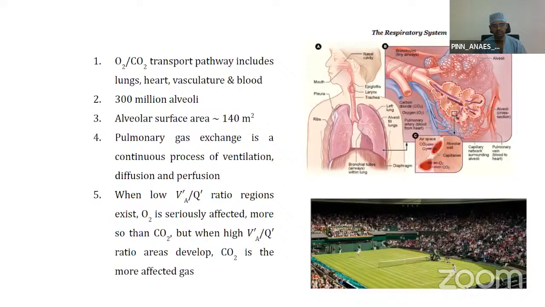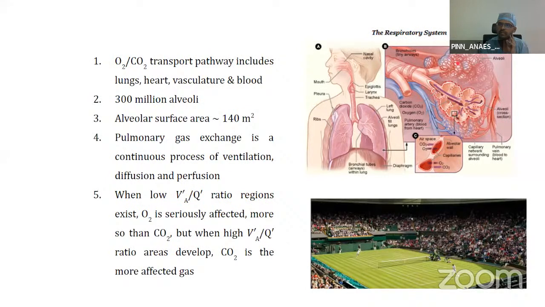So we know gas exchange involves transport of oxygen to the blood and removal of carbon dioxide from the blood. This is facilitated by lungs, heart, blood vessels and blood together. We know that trachea divides into the right and left main bronchi, and these bronchi in turn divide and subdivide into bronchioles, and after about 17 generations of divisions, these bronchioles end up in gas exchange units called alveoli.